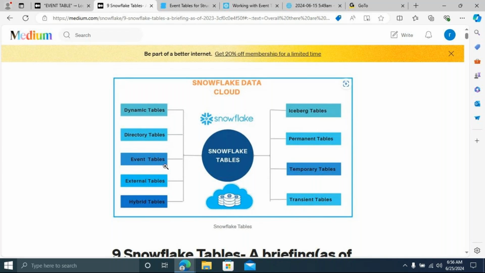Can anyone say what an event is? For example, what is an event actually? What is meant by event? Anyone? Event is nothing but, in database system terms, when you trigger a specific action. For example, I'm triggering a stored procedure.